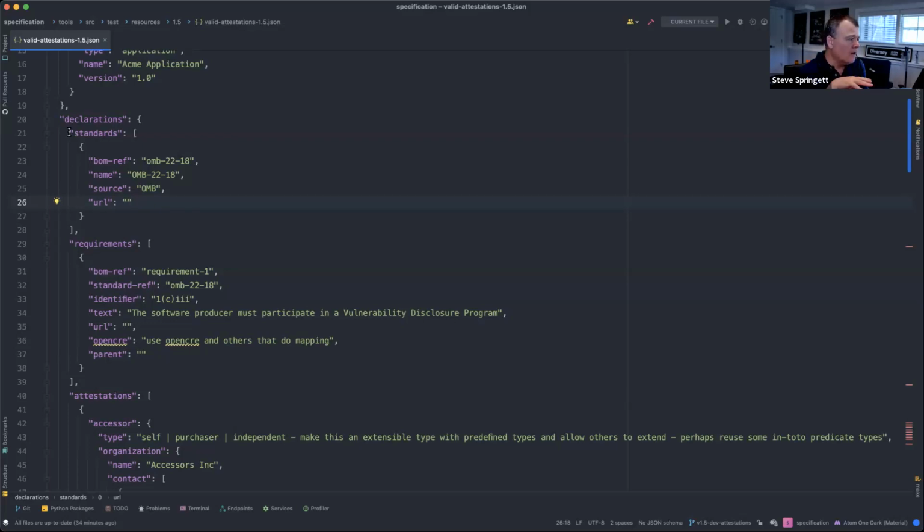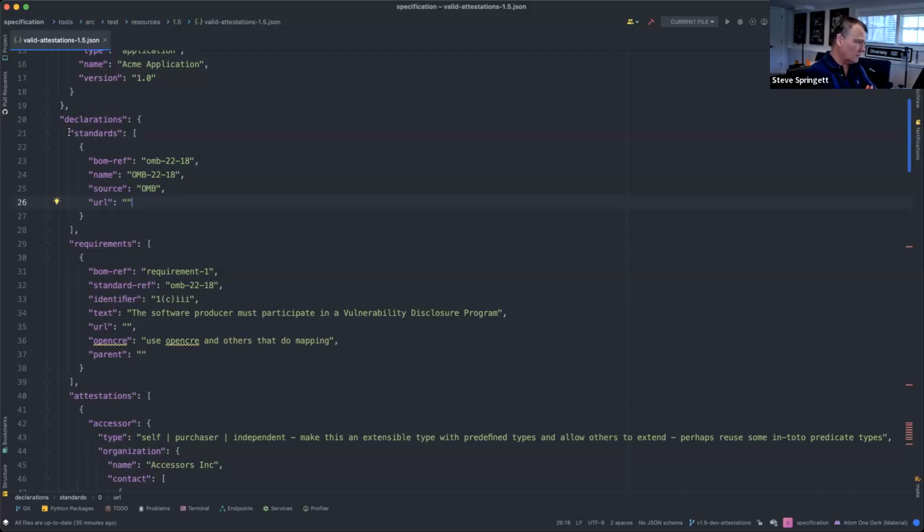So for example, if we have a bunch of attestations and they reference a particular standard, we could have an external reference for that standard and then supply the hash values for that. So if it's changed, we would know. Perfect. That capability is already part of CycloneDX today. Yeah, and I think that's perfectly fine for the most part, because the content is the thing we care most about. If it's the signed published release version that we care about, we should be linking to that, and I think a checksum is fine and it keeps things simple. Okay, fair enough.